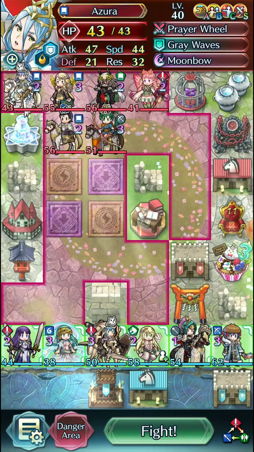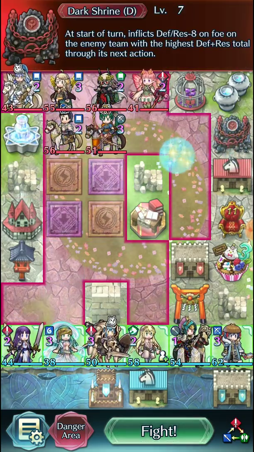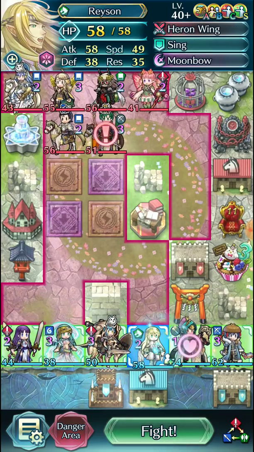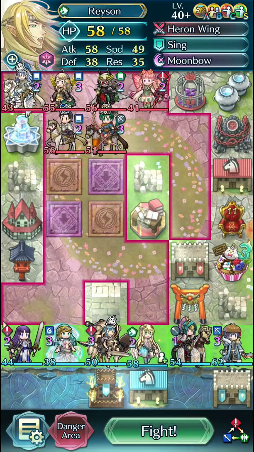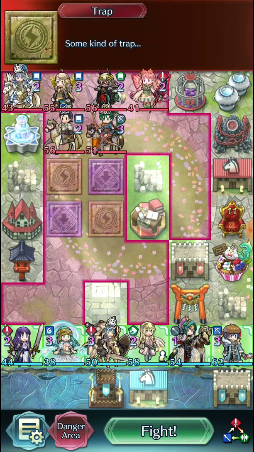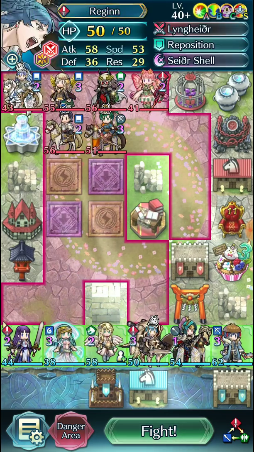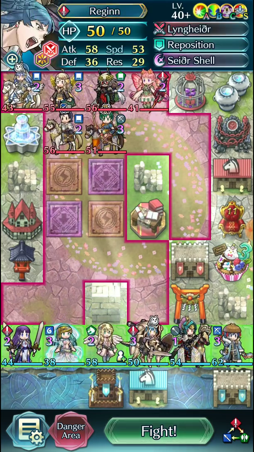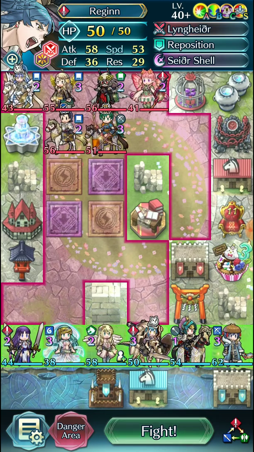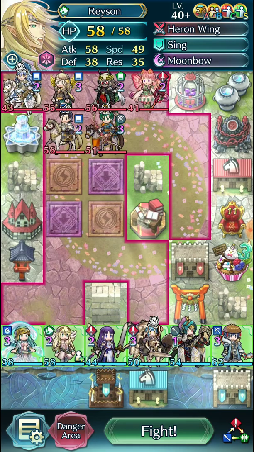Who would we want to bait with? Probably just Altina, right? Dark Shrine goes on who? Probably Crom? 7376? Yeah. So, that's not too big of a deal. Okay. I guess the fundamental problem here is we just don't...